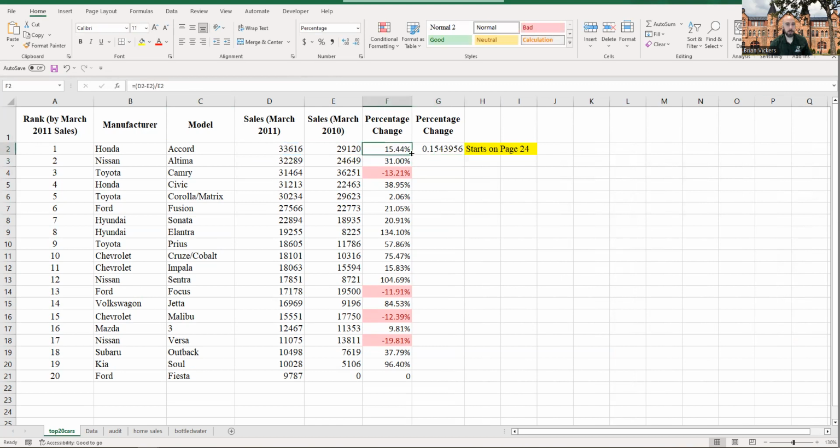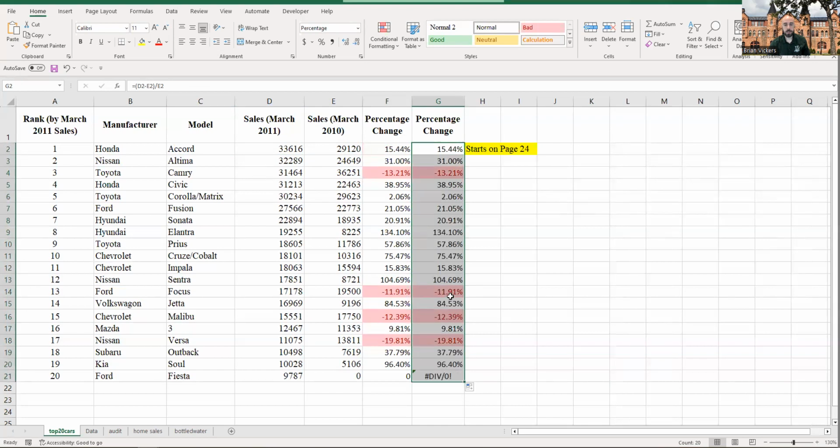If I were to just copy it over, what'll happen is that it's shifting the cell. It's shifting to these two cells instead of these two cells. So, however you want to do it, you could just redo the entire formula. I could move this box over, move this box over, move this box over, and we get 15.44% again. That works too. Or you could just retype the entire thing. Copy this all the way down. We get the same thing, but it's also copied over the